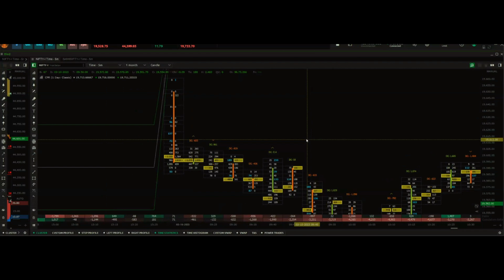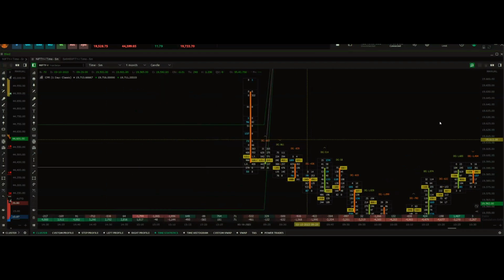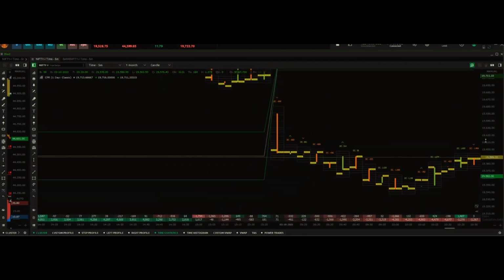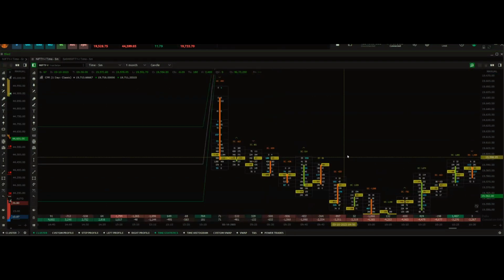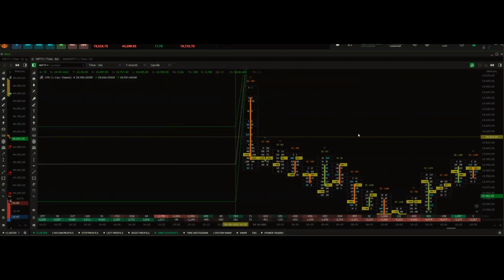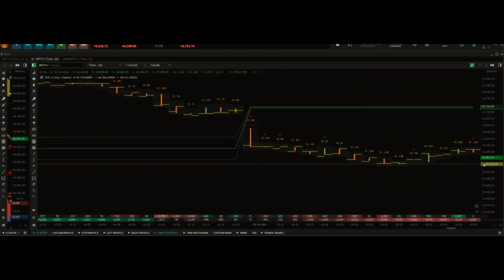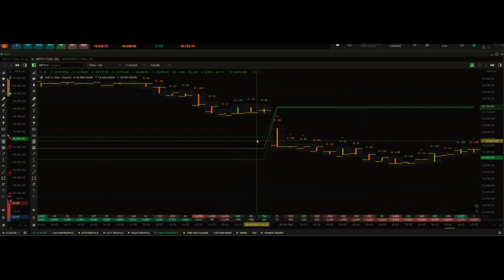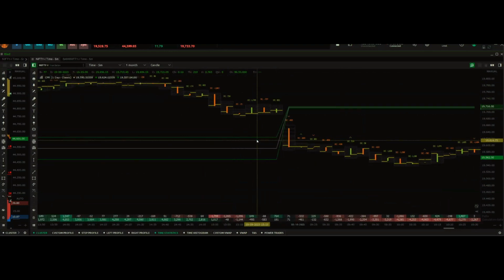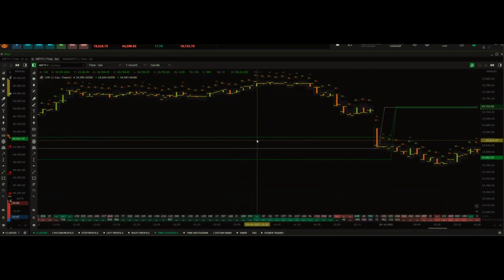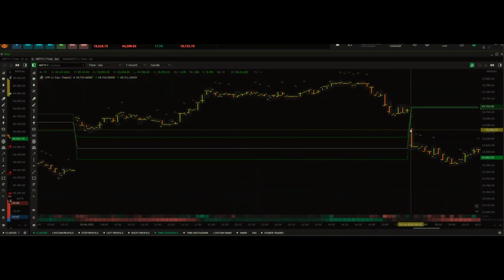Now, let's put on a simple CPR indicator. This is your CPR on a daily basis. As I said before, the first thing that you need to look at is where exactly the market is opening. This is your CPR range for the previous day. We opened with a gap up, and you don't trade the opening 5 minutes. You try to understand what's happening in the opening 5 minutes. Where exactly are we opening?